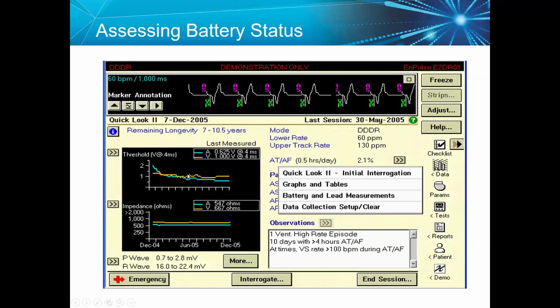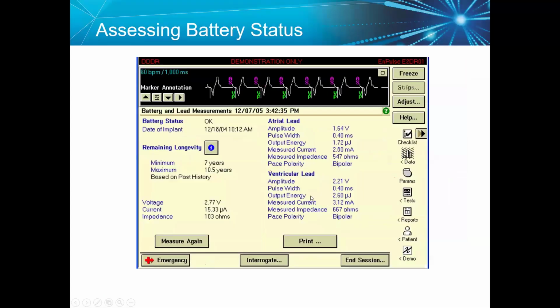Okay, here also in Medtronic, the remaining longevity is 7 to 10.5 years. Here we go for data, then battery and lead measurement, and press. It gives you a lot of information. The battery voltage here is 2.77 volts, the current and impedance, and minimum 7 years and maximum 10.5 years. Also, it gives you data about the atrial lead and ventricular lead: amplitude, pulse width, and also